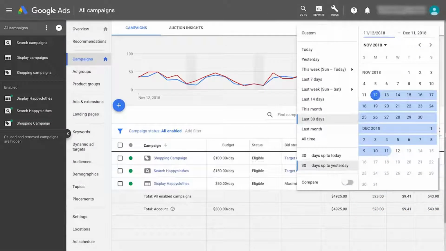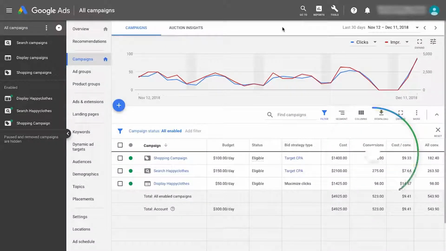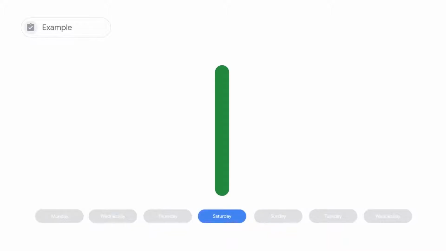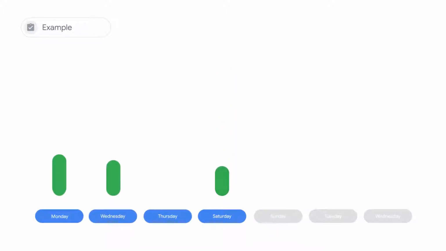After you've switched to a non-last click attribution model, it's important that you look at an appropriate time range when analyzing your Google Ads data. If you only look at the most recent days, it may appear like your conversions are decreasing, but this is a result of customer behavior and your conversion time lag. For example, conversion credit that would only be attributed to Saturday on a last click model is attributed to all of the clicks throughout the conversion path: Monday, Wednesday, Thursday, and Saturday that week.